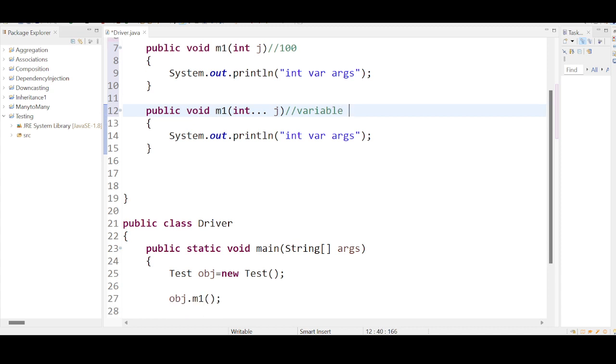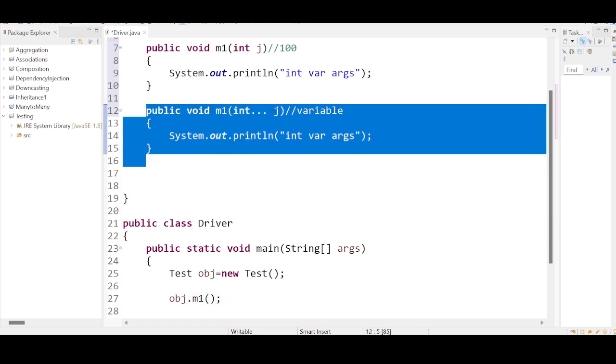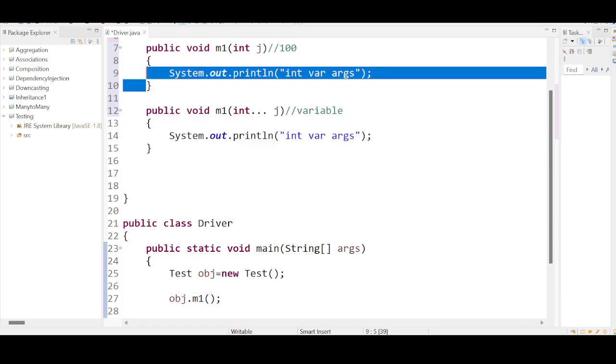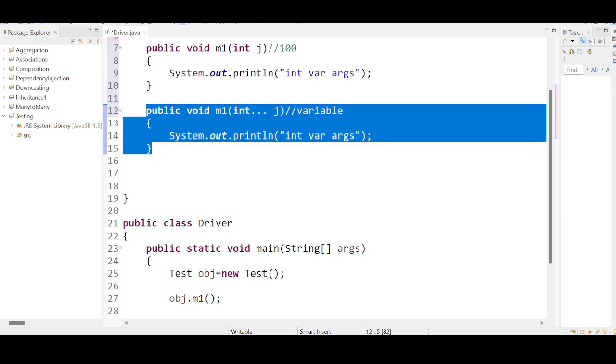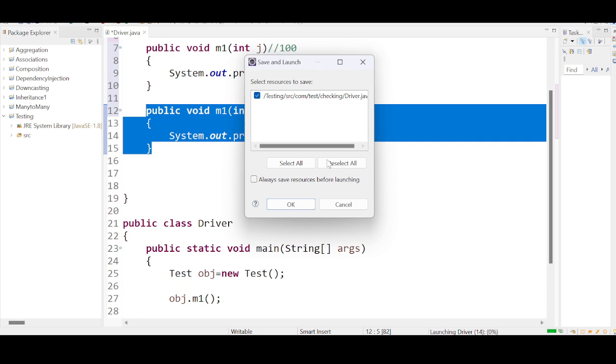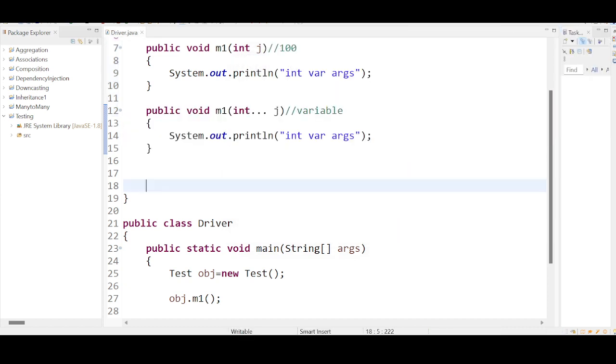My question is, I am passing nothing. Don't you think that this will get executed? A match is found, because this one can't execute it. It has to be one value here, but here it is not the case, right? If I run this code, the output is integer var. So my question is,